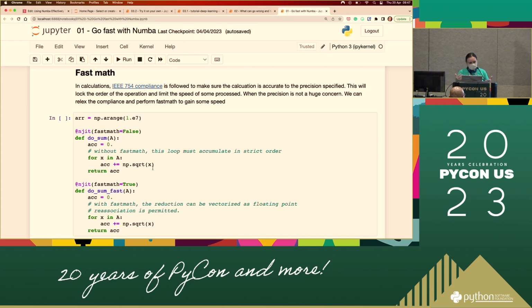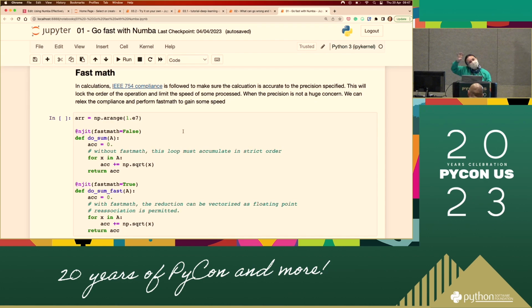So if you use fastmath with njit, it means that we relax this compliance, meaning that we are not following it. But why do we do that, right? Because sometimes following the compliance to make sure of all the precision, a float number can have a lot of precision, right?